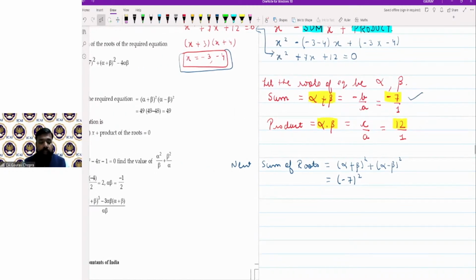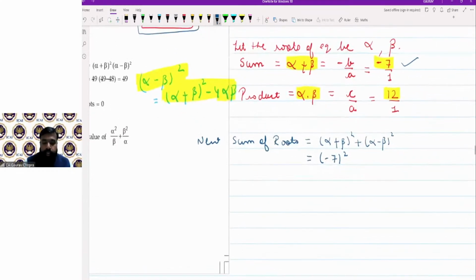तो उसकी जगह पे हम एक फॉर्मूला यूज कर सकते हैं। What is the formula? What is the identity? वो आइडेंटिटी है अल्फा माइनस बीटा होल स्क्वायर इज इक्वल टू अल्फा प्लस बीटा होल स्क्वायर -4 अल्फा इंटू बीटा। This is the identity. इस आइडेंटिटी को यूज करके हम अल्फा माइनस बीटा स्क्वायर की वैल्यू कैलकुलेट कर सकते हैं।